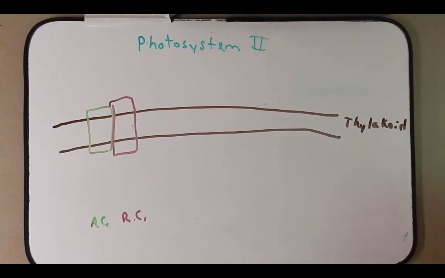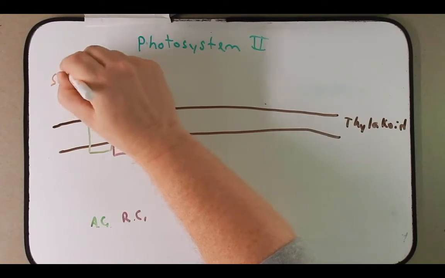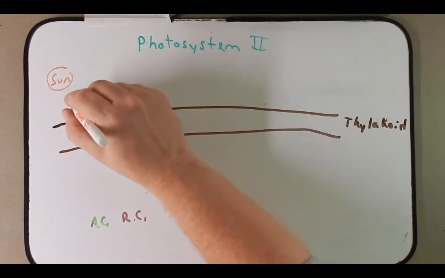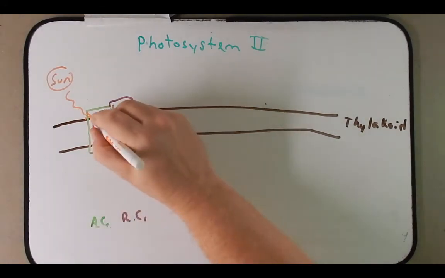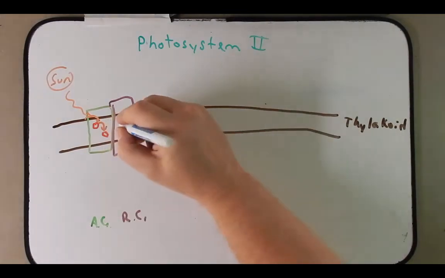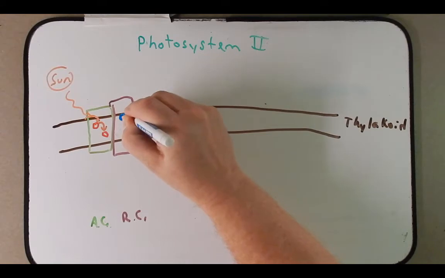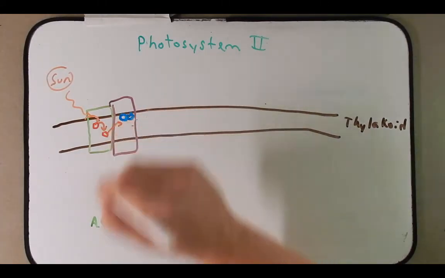And the same thing is going to happen as we had on the last whiteboard. We have the sun sending its photons down, exciting these chlorophyll molecules in here, where it's going to transfer those electrons after they've been excited to chlorophylls of lower energy states until it finally reaches that reaction center where we have these special pairs of chlorophylls